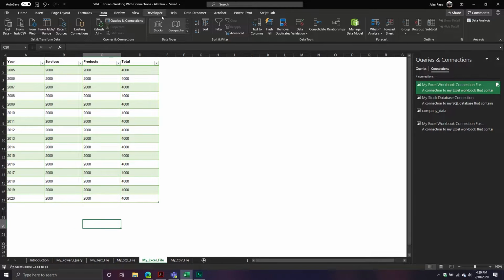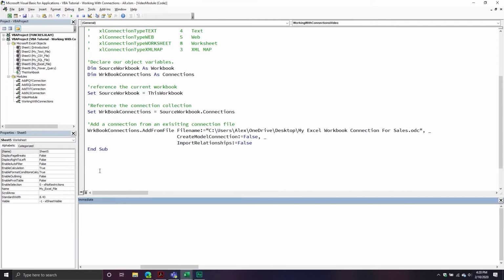Okay, so now that we've done that, let's move on to the next portion. We've now added this connection. Let's start going through the process of actually manipulating connections. Really what this is demonstrating is that there are different types of connections and different types of information about our connection, and you can access that information from VBA. So we'll create a new subroutine. We'll say manipulate